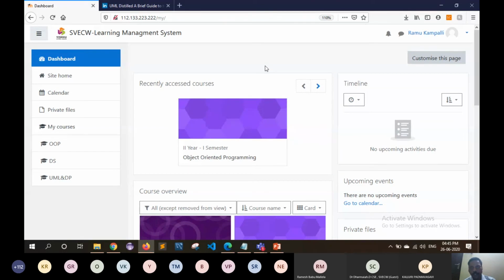Okay, so presently there are different types of roles available in Moodle. That is a teacher role, a manager role, and a student role. The student role can access only the courses and cannot edit the course contents at all. The teacher role is assigned to a specific course, and the teacher can edit the contents for the course into which they have enrolled.